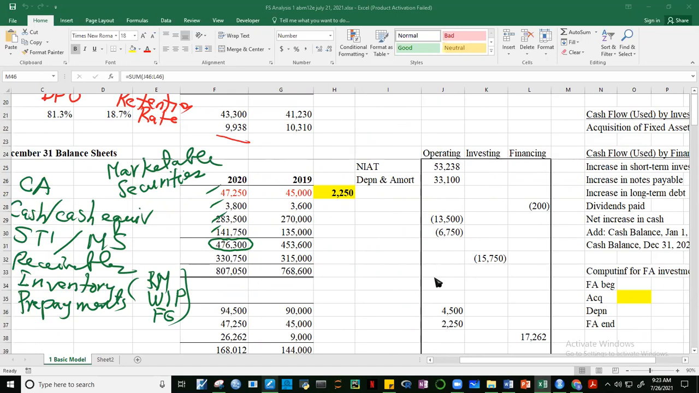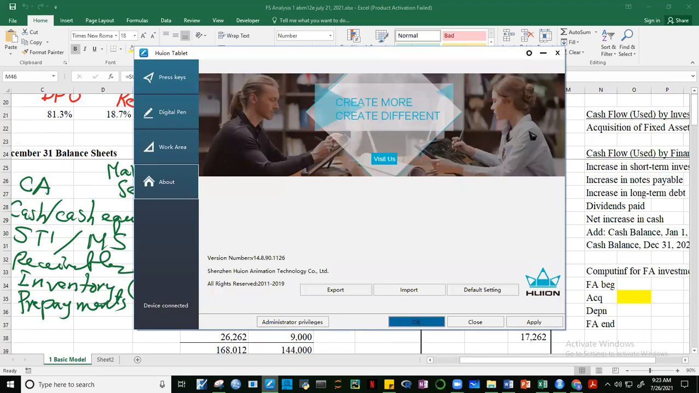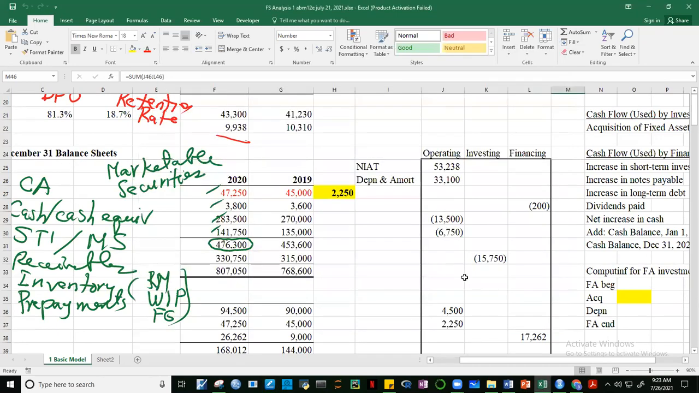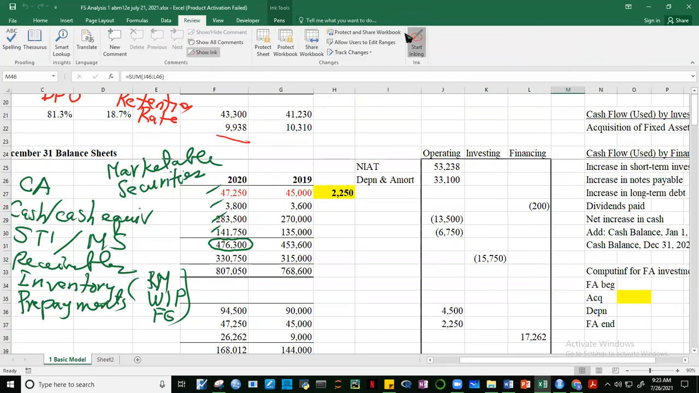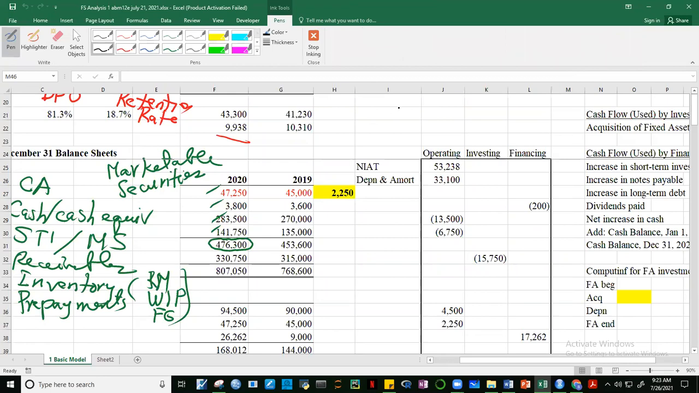How will be the effect on cash flow when an asset increases or decreases? Okay, so the general rule is that when assets, this is the only thing that we need to remember, no? When assets